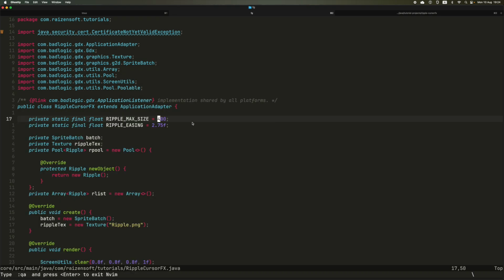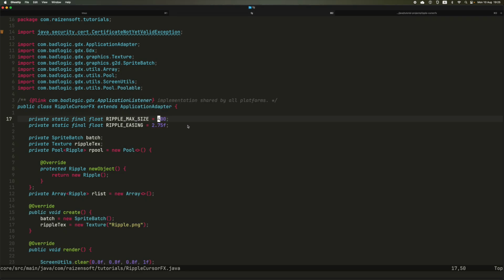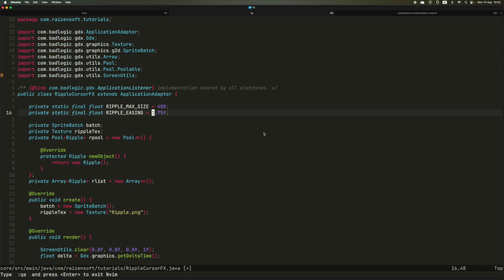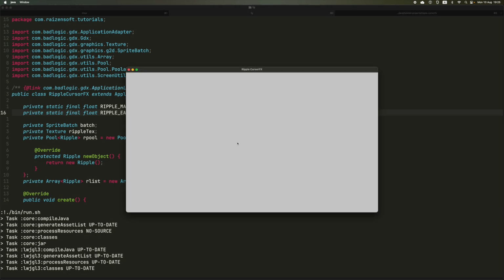Let's try changing the maximum size first and see what's happening. Do you notice that the circle radius is larger than before? We can also change the easing factor values. When you have the time, try to experiment with the constants and also the circle colors so you can create more variations of it. And that's it, we just finished the